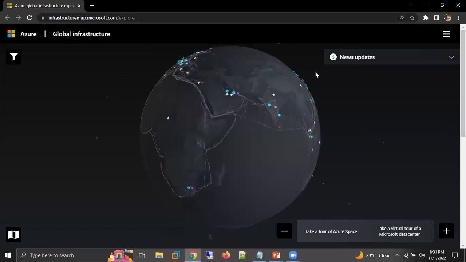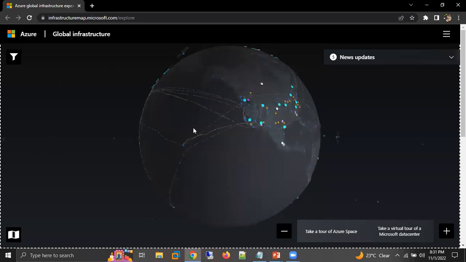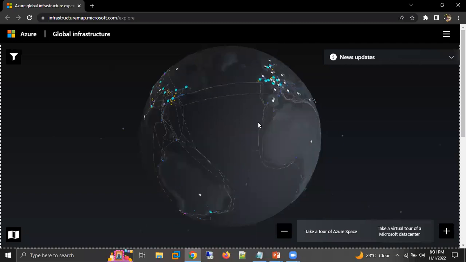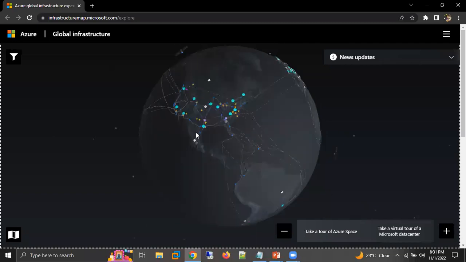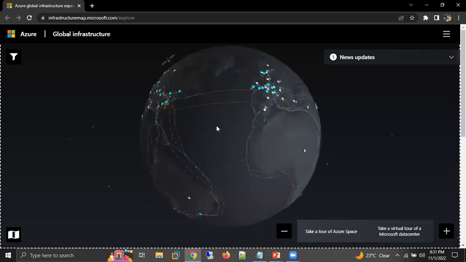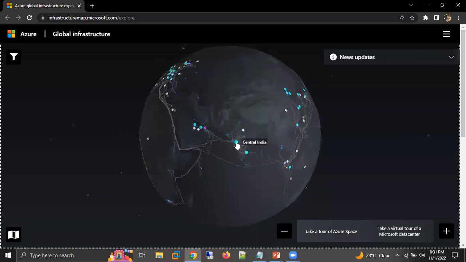You can see the satellite locations, everything. This is the complete map. In some regions, they are using wind energy and solar energy. Let's say I'm just coming to India. This is the Central India region. This is South India.